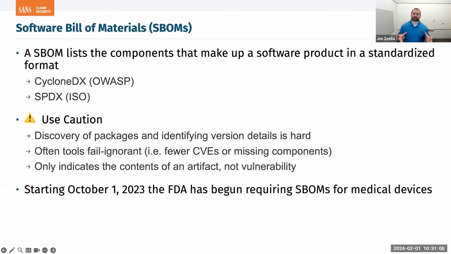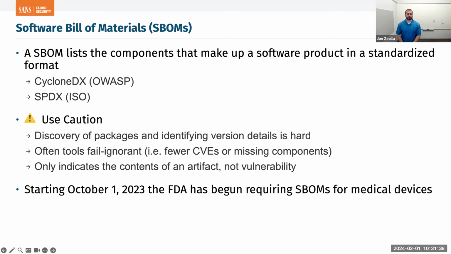And another big thing with SBOMs is that on their own, excluding some things we'll talk about later, they really only talk about the contents of an artifact, not whether or not it has a vulnerability. That is a thing that you can kind of link in. Certain specifications have support for it. We'll talk about that in a little bit, but typically we're just talking about what is in there, and then you have a secondary step to vulnerability scan those and find what CVEs or issues, backdoors, malicious code are an issue. And this is becoming more and more predominant.